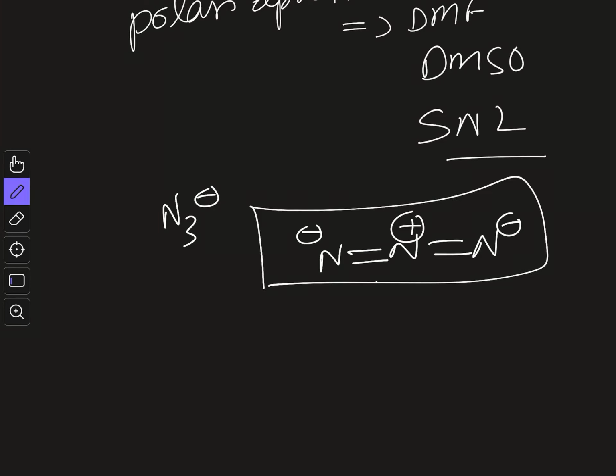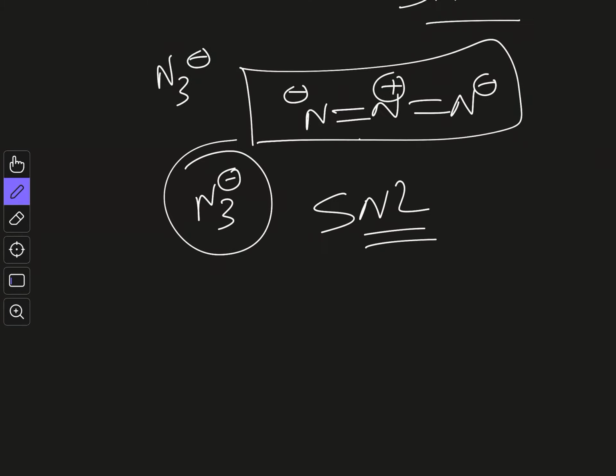So whenever we are starting a reaction, we can add this N3- externally, and if the reaction rate increases, we will say it is SN2 reaction, because in the rate equation of SN2 the role of nucleophile is involved. But if the rate of the reaction remains same, then we will say it is SN1 reaction, because then this N3- has no effect on the rate of the reaction. So by adding external nucleophile, we can say whether a particular reaction is SN1 or SN2.